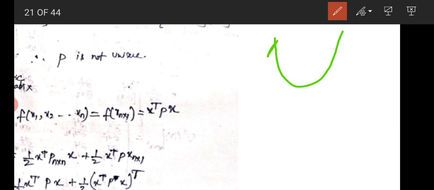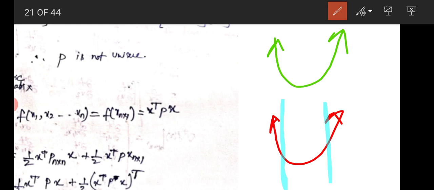Let's say this is one graph. Most of the functions we examined were unconstrained. Let's say I am taking another, second type of function, and you can understand with the help of this. There are two differences between the two curves. In the first function there are no boundaries, or the boundaries were very soft.